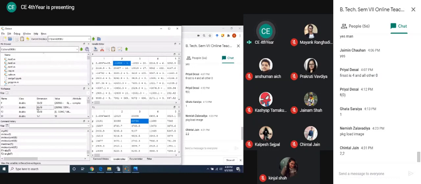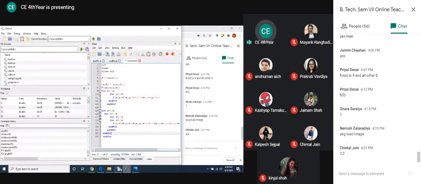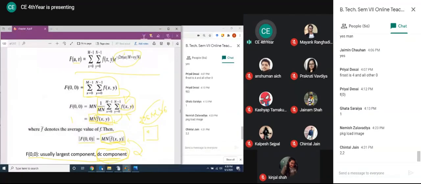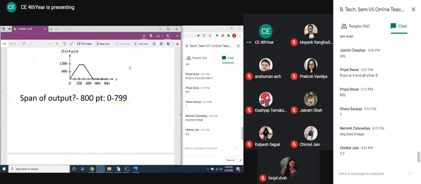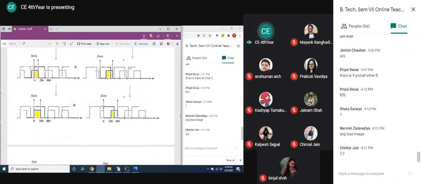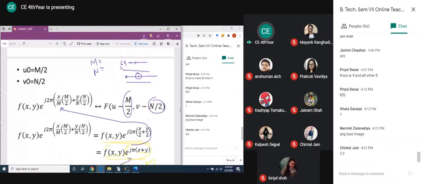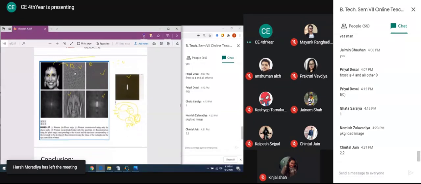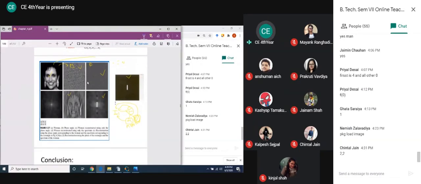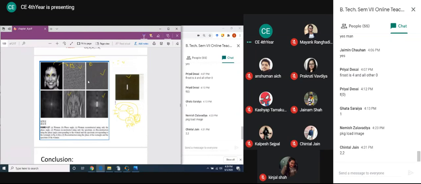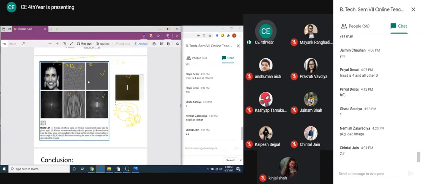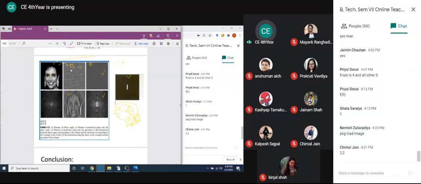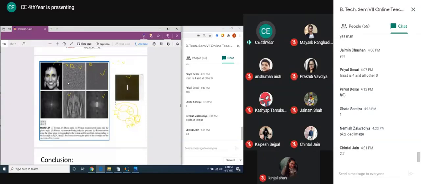00. Other components are also very high, 2,000 values are there. We use the left. Will it work? First of all, it is a complex number, so